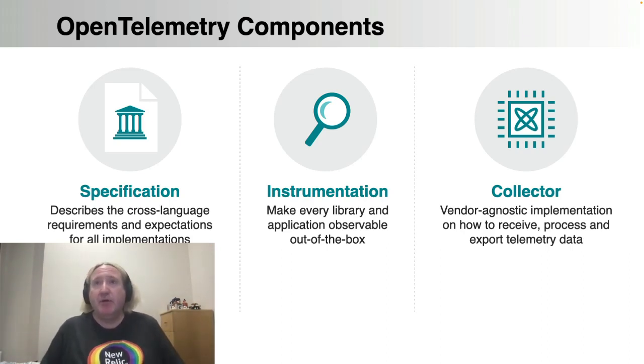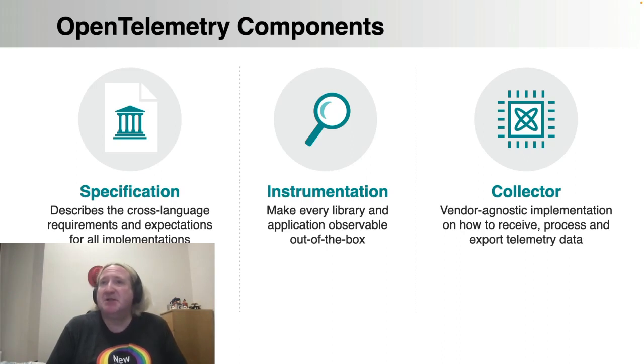So that instrumentation piece is a separate component from the specification and the SDK. Finally, one other very important component of the OpenTelemetry suite is what we call the collector. And the collector, it's a slightly problematic name, because when people think of a collector, they think of something which is going to store and process their data for them, and it doesn't do that. What it really is, is a very capable network protocol terminator. It's able to speak a whole variety of different network formats, and it effectively acts as a switching station or a router or a traffic terminator. And it's all about receiving, processing, and re-exporting telemetry data in whatever format that it can find it in.